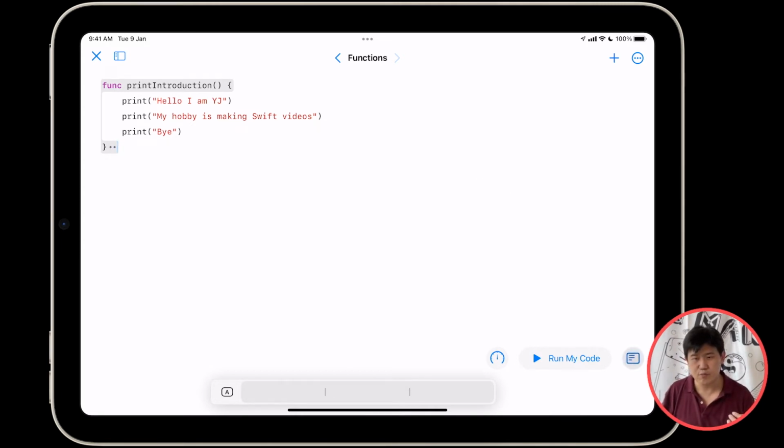Let me just prove this by opening up the console. There's nothing. And that's because you've defined the function. It's a bit like declaring a variable without actually using it. It's a bit like writing down a grocery list and forgetting to bring it outside. Okay, so you actually need to use this function. You need to call this function.